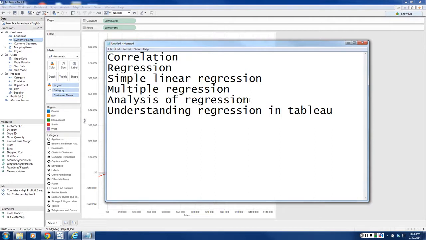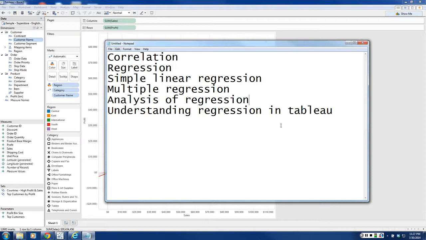Then we talked about the analysis of regression, how to interpret the statistics part. We know that there are several things that we need to understand, both in the tabular format and in the regression and statistical format. The output of these is very similar. If you take an output of SPSS or any statistical package, the trend model that was just shown in Tableau would look very similar. So the first thing that we do, in step number 1, is we look at the overall model,